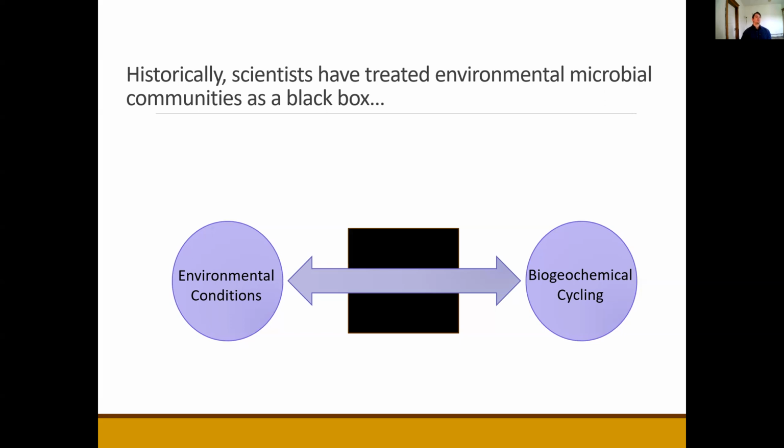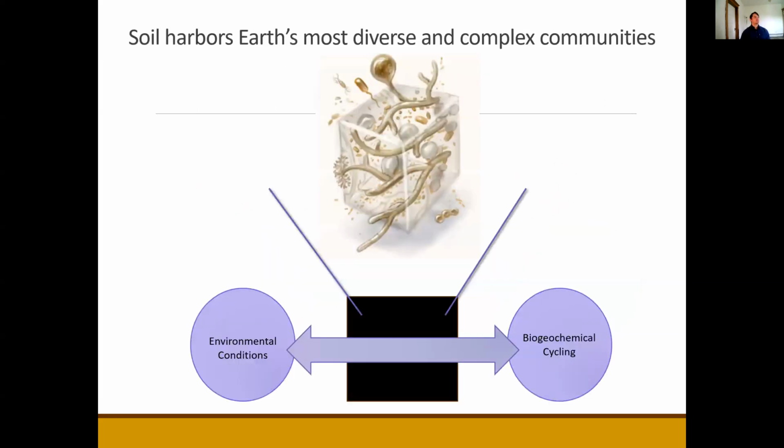But just because they are very hard to study doesn't mean we shouldn't at least try. Because at this point, we're leaving out the attempts to connect environmental conditions with ecosystem processes, such as rates of biogeochemical cycling. So we don't have a very in-depth understanding of this middle black box portion, or at least historically, that has been the case. But in our attempt to understand this, we have to try, because inside of the black box are some of the Earth's most diverse and complex communities,